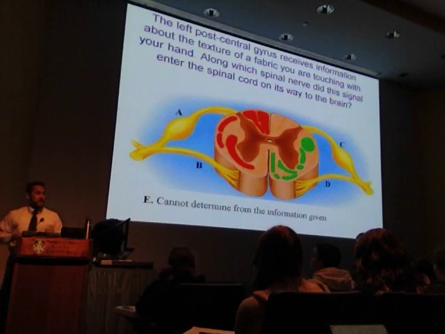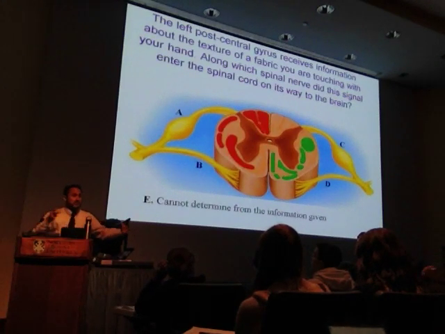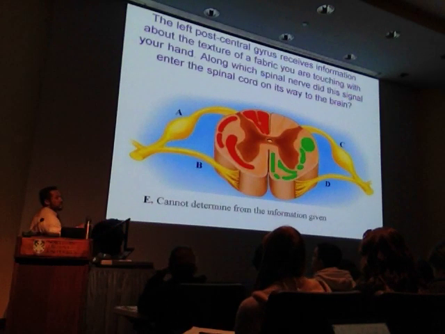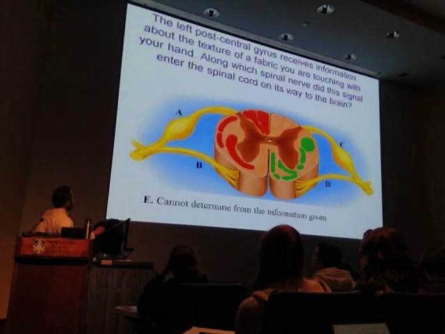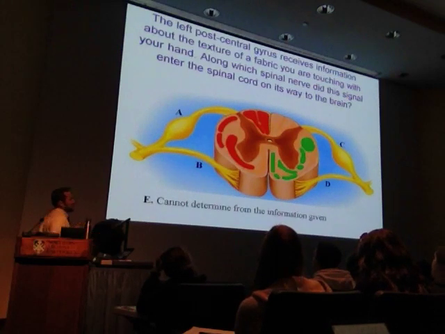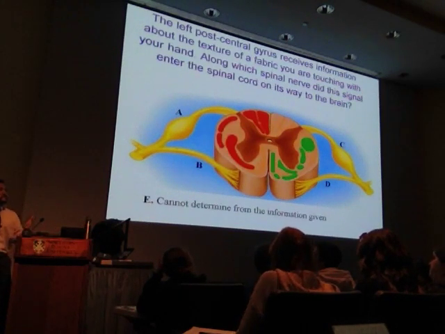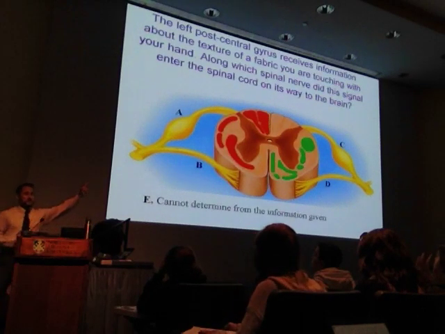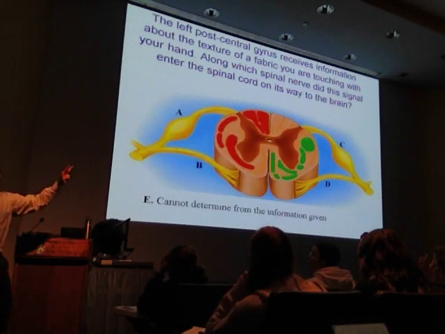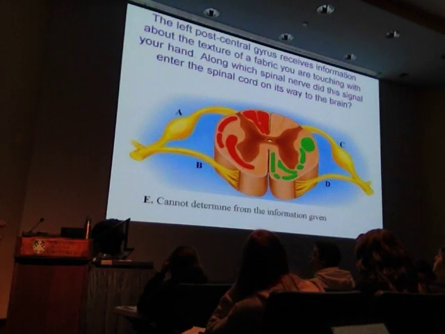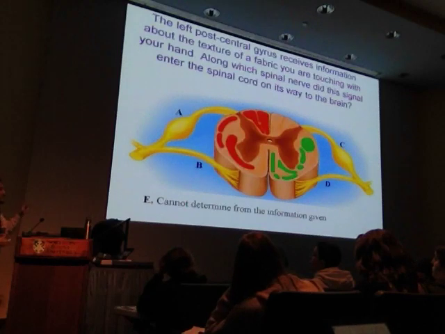Based upon this information, why did you choose your answer to the previous question? Do you guys remember that style of question? The first information you need to know to answer this question is that the information comes in and crosses over. Secondly, you need to understand that it's coming in because it's sensory, because that's fabric you're touching. So now you have sensory information. Then the third thing is, where does sensory information go? It goes to the post central gyrus. So that's 3 pieces of information you need to be effective in answering this test question.